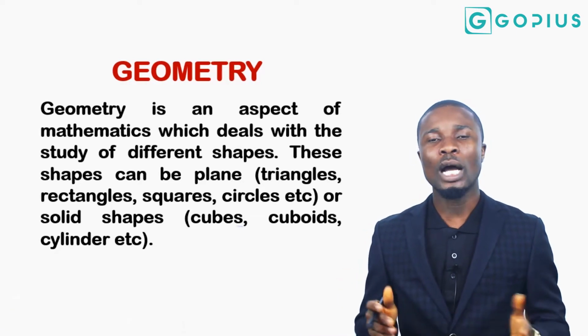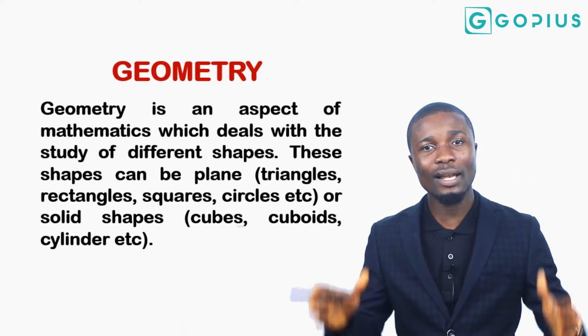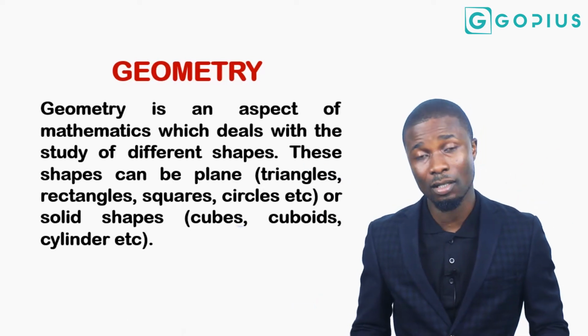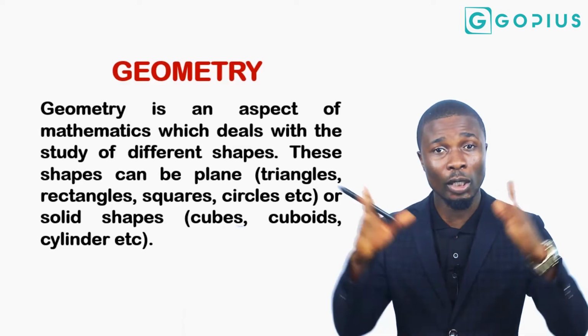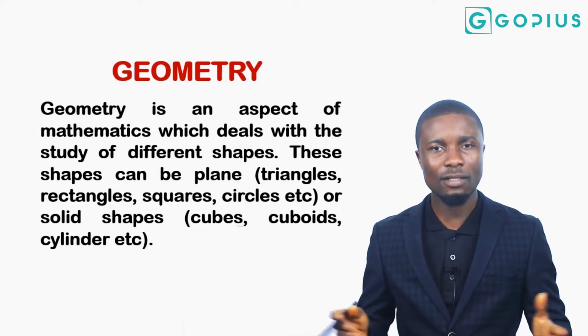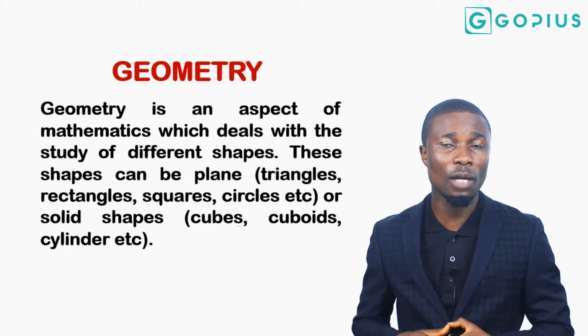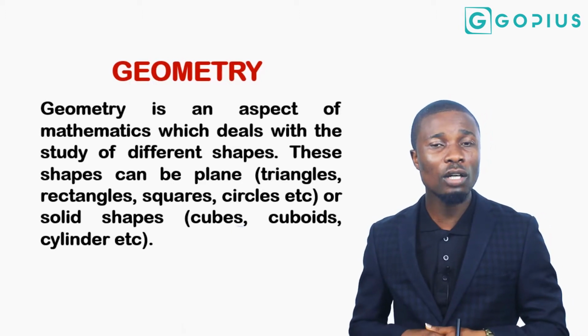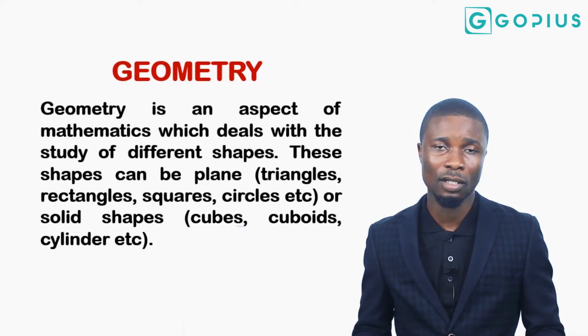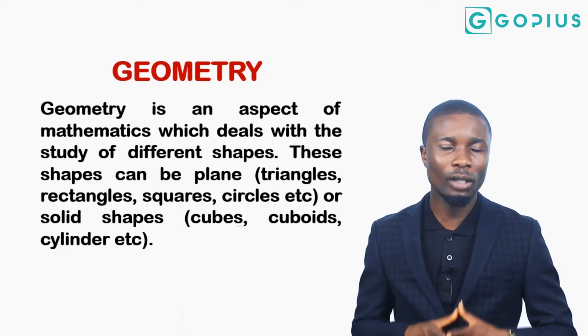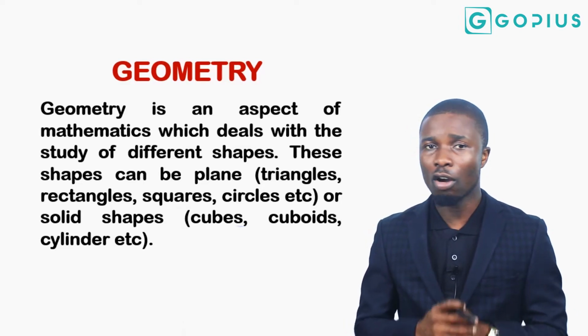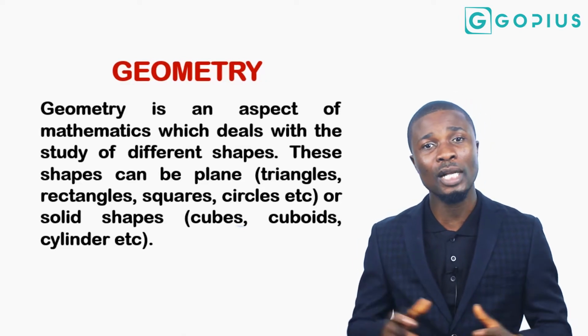Now when a shape is a plane shape, all the lines, all the edges, all the sides of that shape can be represented on the plane. Alright, the plane system of x and y axis. And of course when a shape is a solid shape like the cubes, like the cuboids, the cylinder, the sphere and the rest, all the sides, all the angles, all the edges of such a shape cannot be represented on